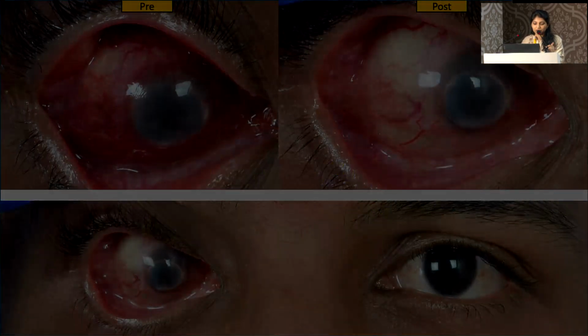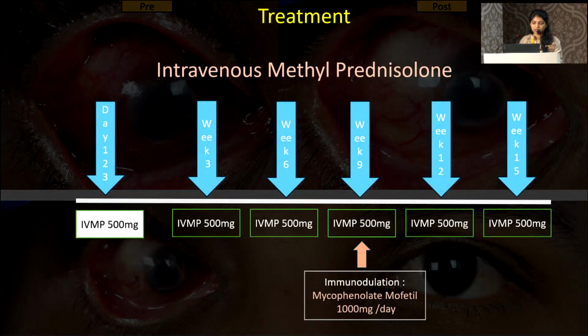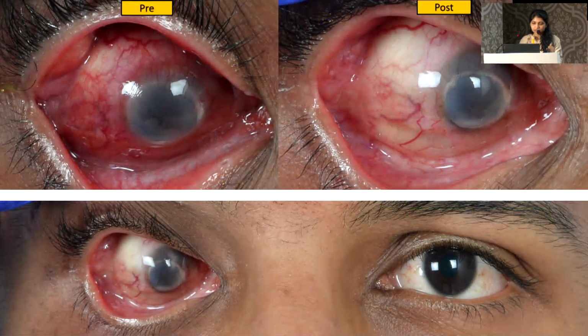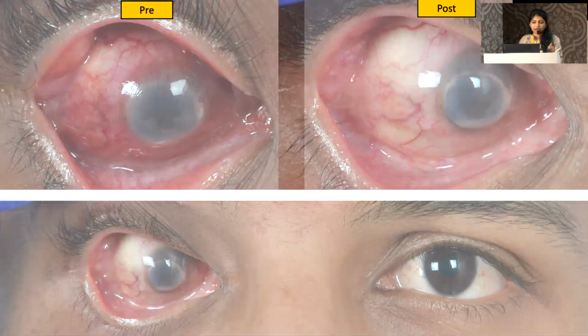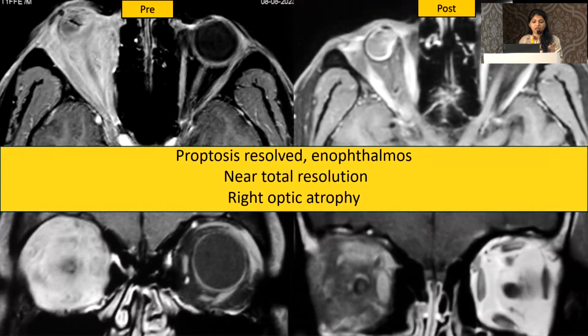We went on to treat him with a repeat of steroids at a dose of 500 mg with a loading dose and a 3 weekly cycle of maintenance dose, and an addition of 1 gram of mycophenolate mofetil at the 4th cycle of IVMP. He showed dramatic results with significant improvement of symptoms and decrease in the pain and redness, and an MRI was also repeated which showed resolution of the proptosis, and the enophthalmos set in. Once stable, we went ahead to do a right eye enucleation and also did a tarsofrontalis sling, achieving a good